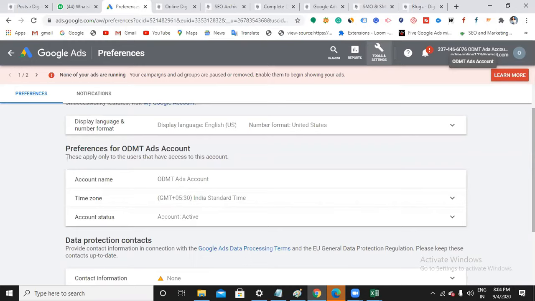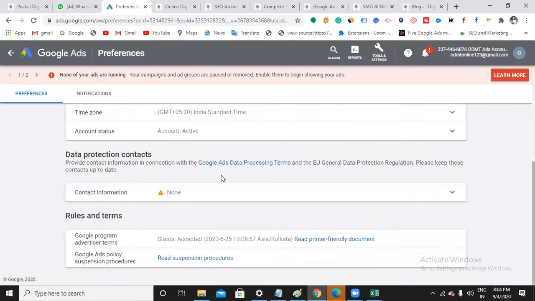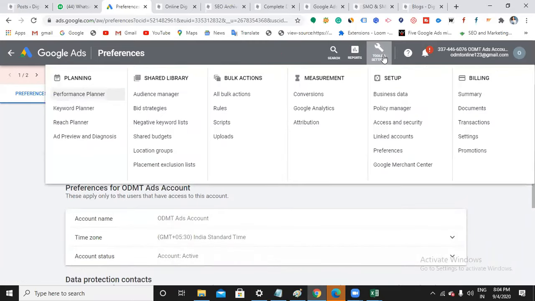That's the reason we can name our Google Ads account. So this is how we can name our Google Ads account. As of now, our Google Ads account name is ODMT Ads account. In such a way, you can name your ads account with any name. Now, let's say I have 10 clients. One of my clients is beauty, real estate, and then telecom. I can just name the ads accounts. If you want, you can give some contact information as well. Then next, Google Merchant Center account. We already know this. When I click this, it will be redirected to the Merchant Center account. So this is all about the setup option.